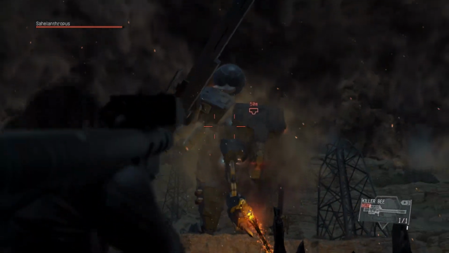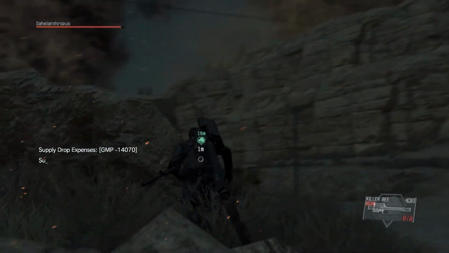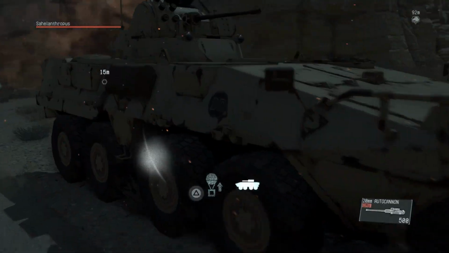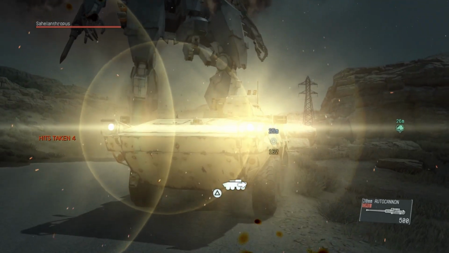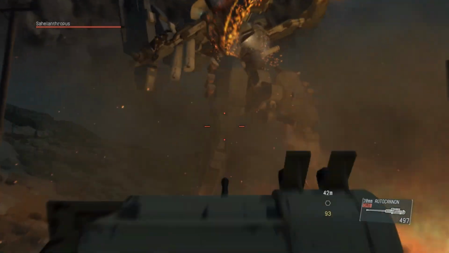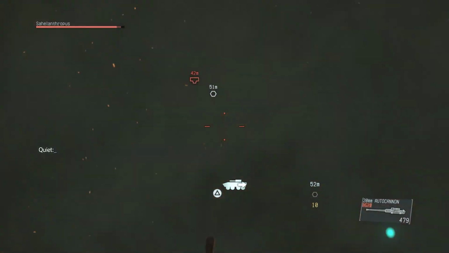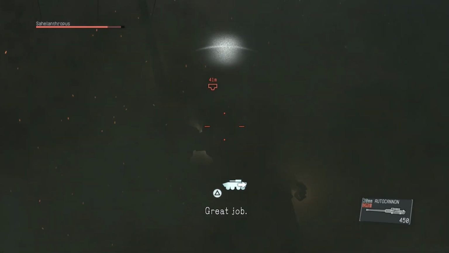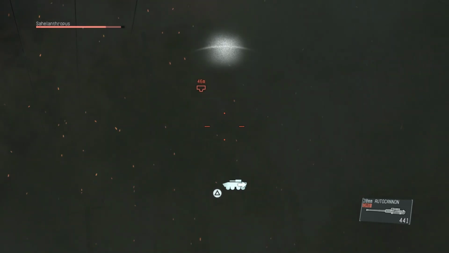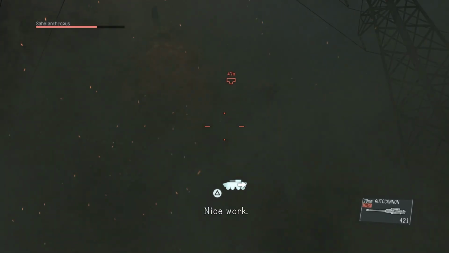So this is Sahelanthropus, or as I call it, Metal Gear. The first thing you want to do in this fight is empty your rocket launcher. The reason you're doing that is it'll trigger a supply drop, and then you want to jump in your tank, and you want to start firing, and you want it to be on the crosshairs, not the green screen. So that's basically where we're at. Try and aim for his head the best you can. The stomach will do more damage, but killing the head is a mission task, so...